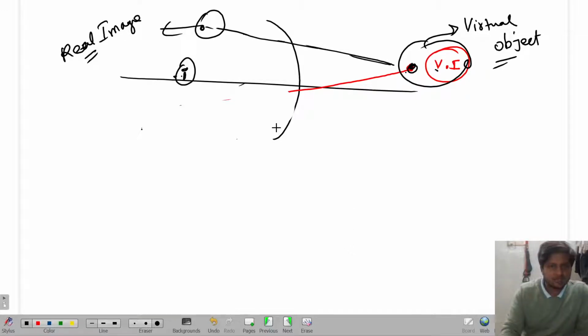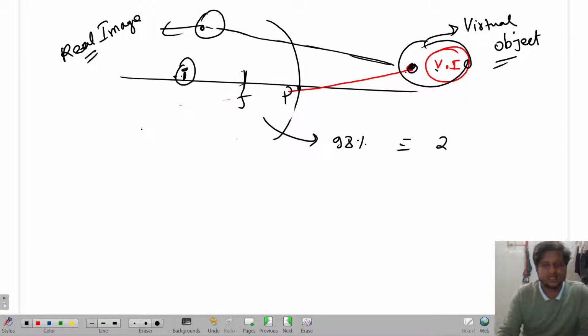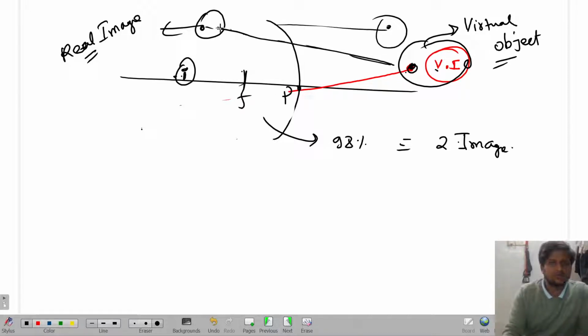If in a concave mirror you place an object between the focus and the pole, there is a 98% chance that you will get two images. One is the virtual image that is created, and for that virtual image you get a real image that will be visible to you. So there are two images formed for an object placed between focus and pole, and that's why we are going to call this region 4. Okay, got it or not? Region 4 is too much nearer to the pole,